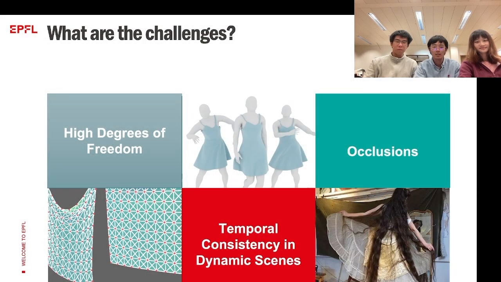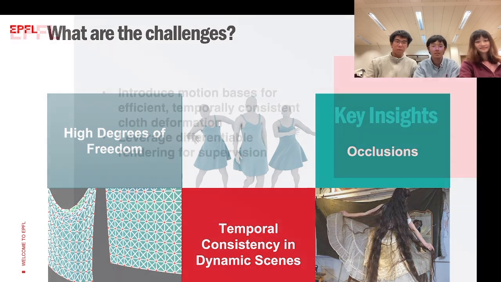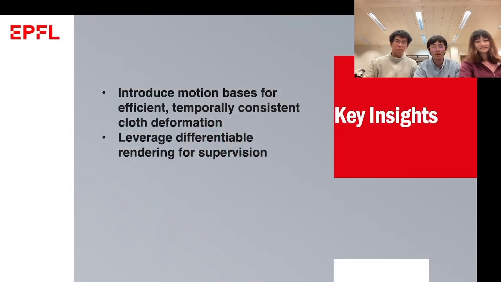Temporal consistency is critical, but motion blur and occlusions, especially with only one camera, make it difficult. Single view input increases ambiguity and reduces accuracy. To address this, we combine 3D Gaussian splatting with mesh topology, leveraging both flexibility and structure. And we introduce motion bases to model cloth deformation efficiently over time, and use differentiable rendering for strong 2D supervision,